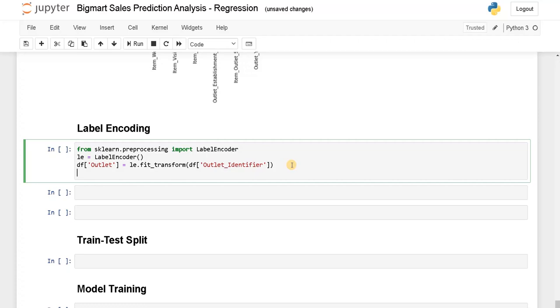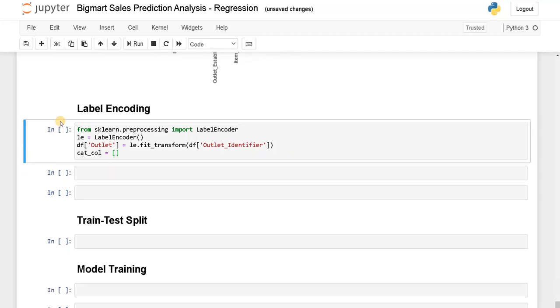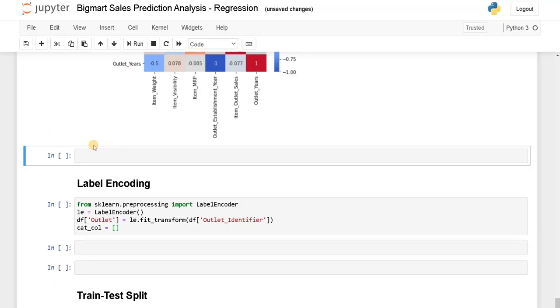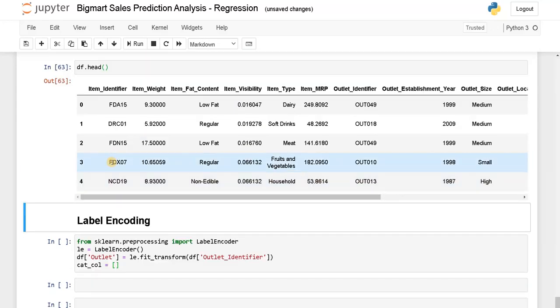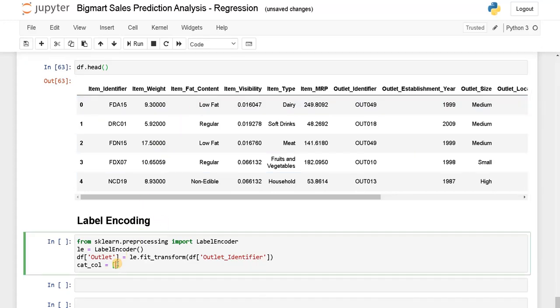And we need to convert all the categorical attributes. We will create a categorical columns list. Cat col equals, what are the columns we have as category? Let's display the head, df.head. We have item fat content. Let's copy this and paste it. Like this, we have to do this for all of them.